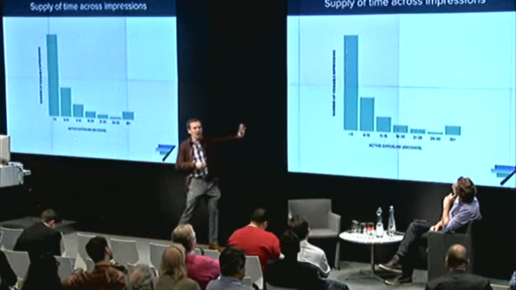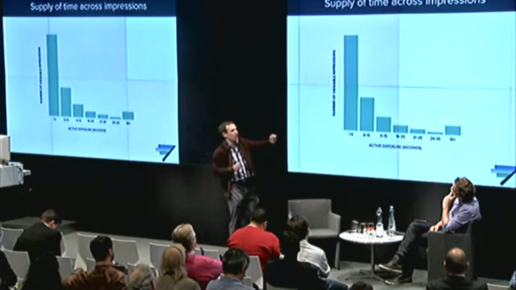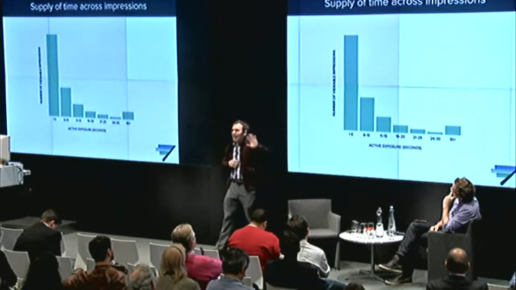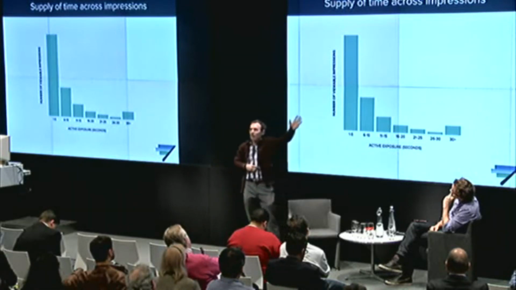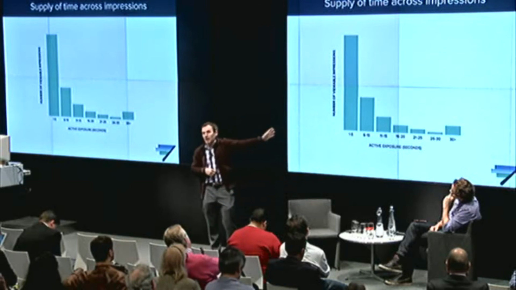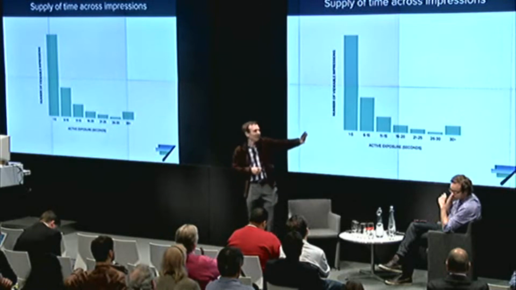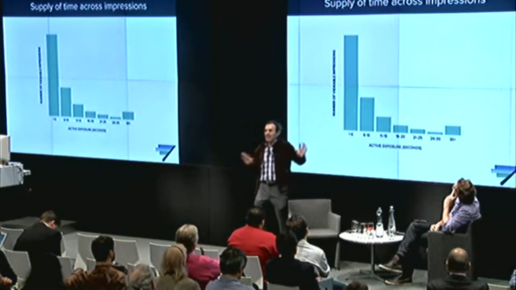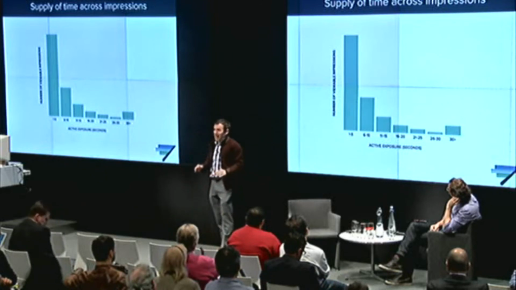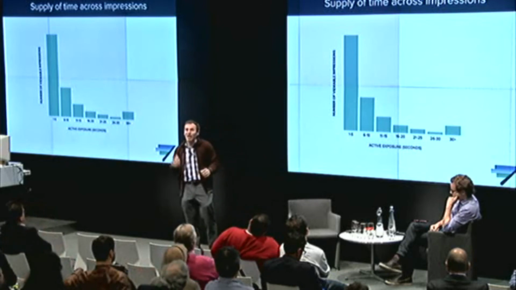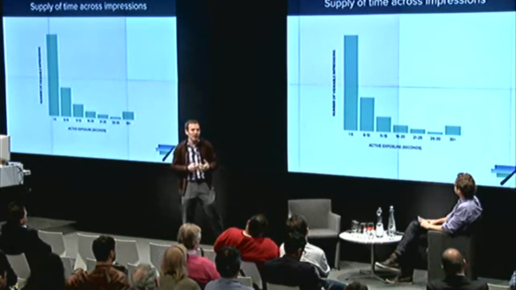So what we see here is a distribution across a few dozen sites. It looks different for different sites. But this is a distribution of how many impressions are served and seen for different amounts of time. The majority of ads are seen for a short period of time, 1 to 5 seconds. But on the other hand, there's a fat enough tail that 11-plus second ads should be worth more than 1 to 5 second ads. We're talking about a substantial number of impressions, especially when we scale it up to the web, that maybe should be valued differently than